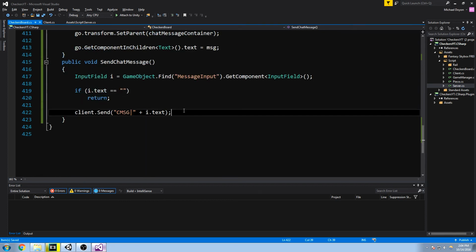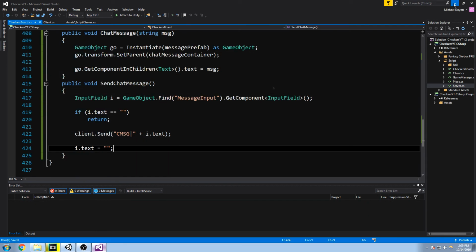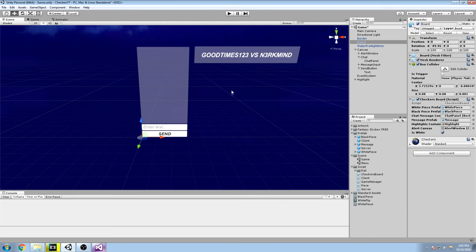If we're playing hot seat, we can't really do that. So I'll just make sure to disable that as well. If we're playing hot seat, we'll do that in a moment. So anyway, client.send, C message, our text is being sent, and after that, let's make sure we clear the text. So I.text is equal to nothing. This should actually work, and we are going to give it a try before fixing the multiplayer thing we just